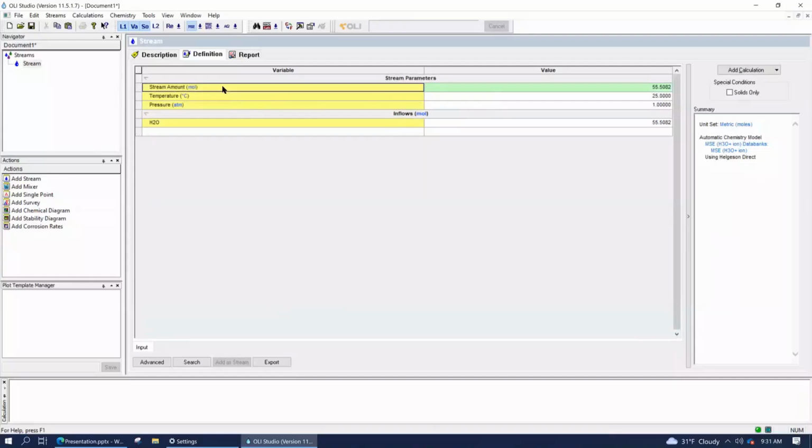Stream parameters are self-evident. It's the total size of the stream, and that size could be mass, moles, or volume. It's the temperature at which the stream is set, and it's the pressure at which the stream is set. And then below that are your inflows. The inflows essentially is the composition, nothing more complex than that, although it can be quite complex trying to make things work.